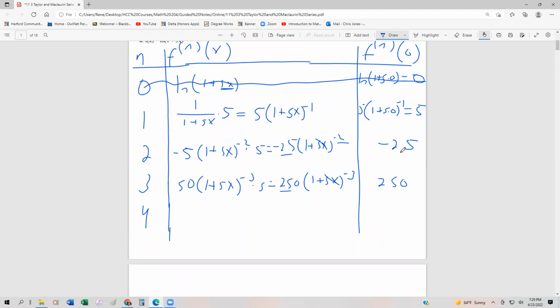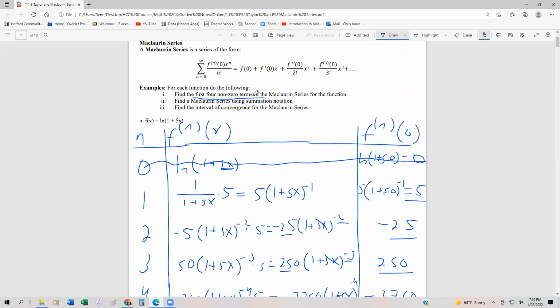And so if we multiply these, that's going to be negative 750 times (1 plus 5x) to the minus 4 times 5. That's going to be negative 3750 times (1 plus 5x) to the minus 4th power. And if we substitute 0 back in for x one more time, that's going to be negative 3750. All right, now we have these, and these are going to be the first 4 non-zero terms